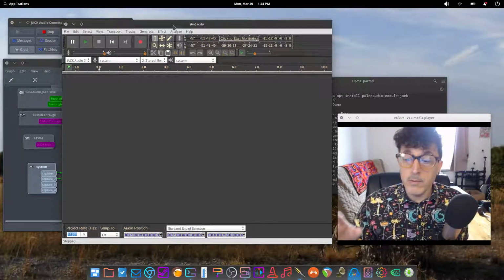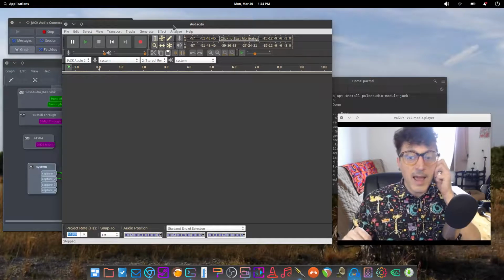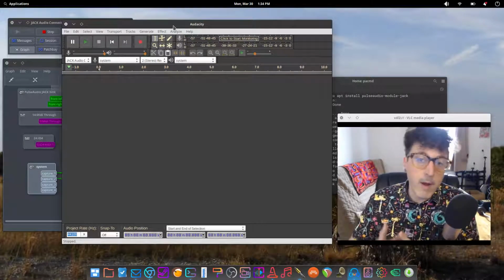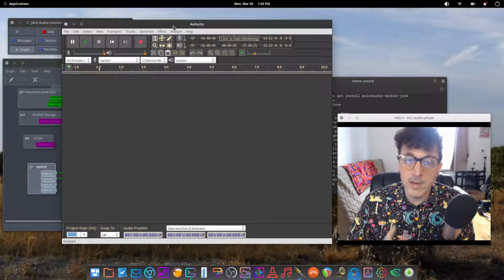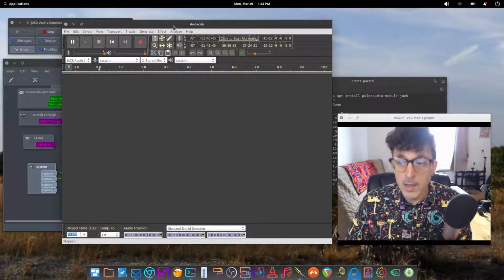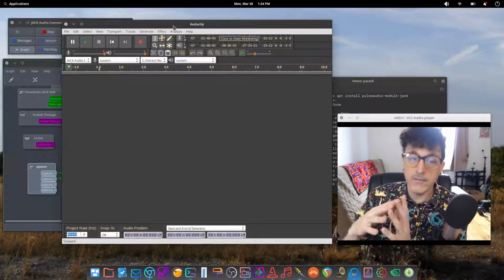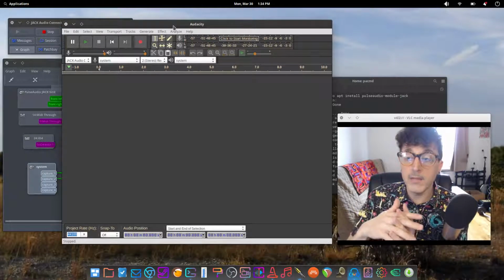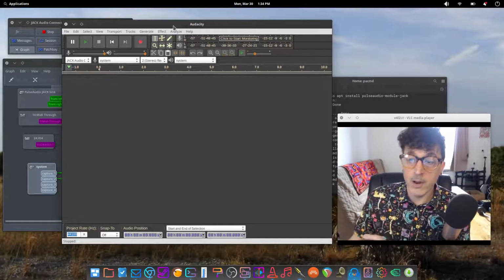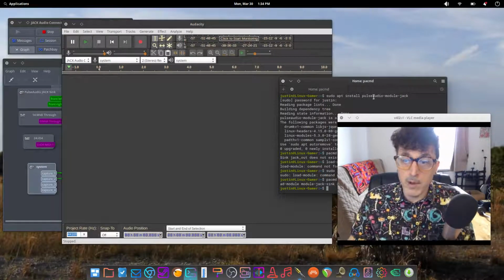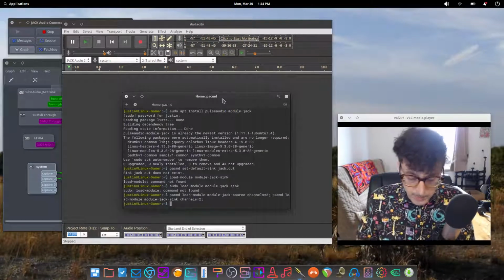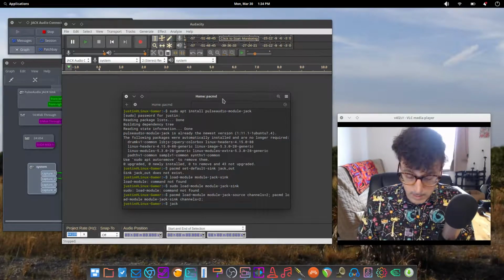Now, when I say real-time effects, it's not actually within Audacity, but the way that the Jack Audio Connection Kit driver works within Linux is kind of like a patch bay of all these different softwares on your computer, and you can route them to and from one another. So just to give an example here, what I could do is I can open up something called Jack Rack,